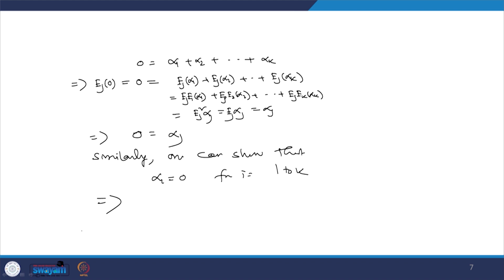So, this implies V is the direct sum of subspaces W1, W2 and Wk. In fact, we are interested in the decomposition of the space